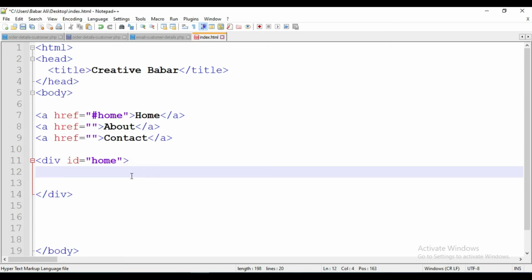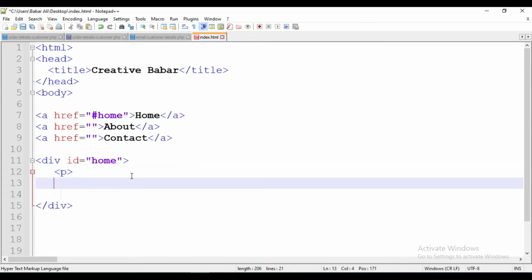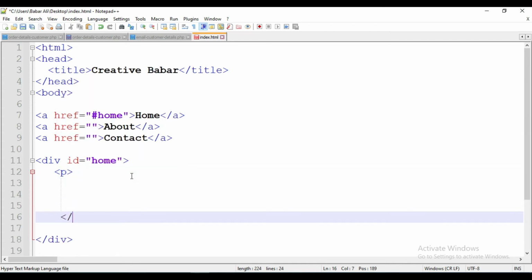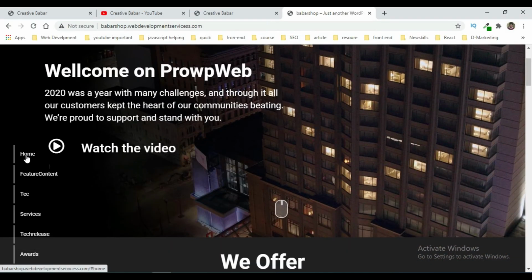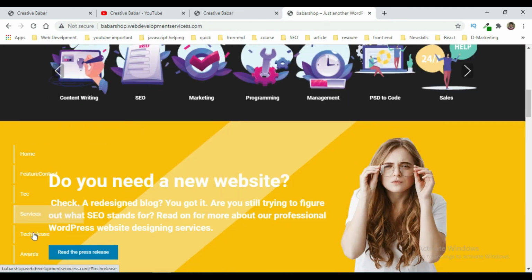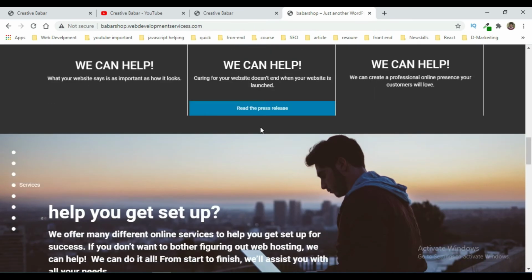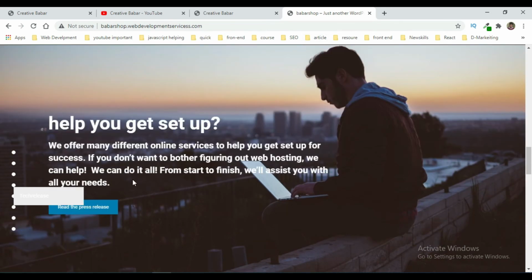And we always put text into the p tag, called the paragraph tag. So I am going to open, like we are going to create like this. See, this is a scrolling website. We will create one like this. I am going to copy some text from here.